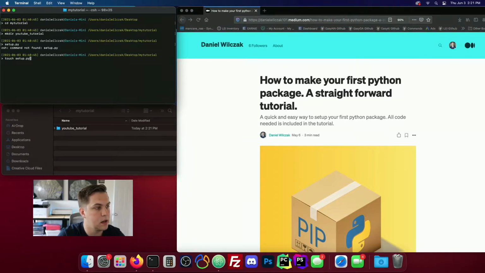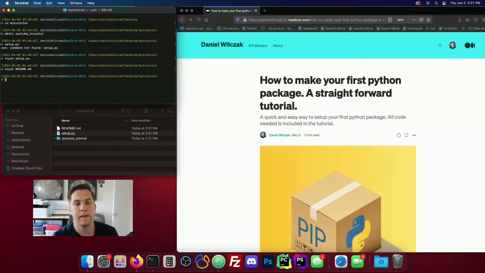Then we'll need a readme.md. Now the setup.py file is what you'll be using to set up all the data inside of it and